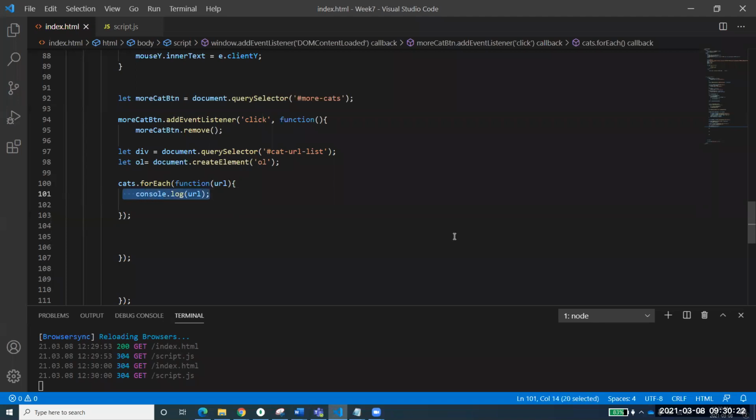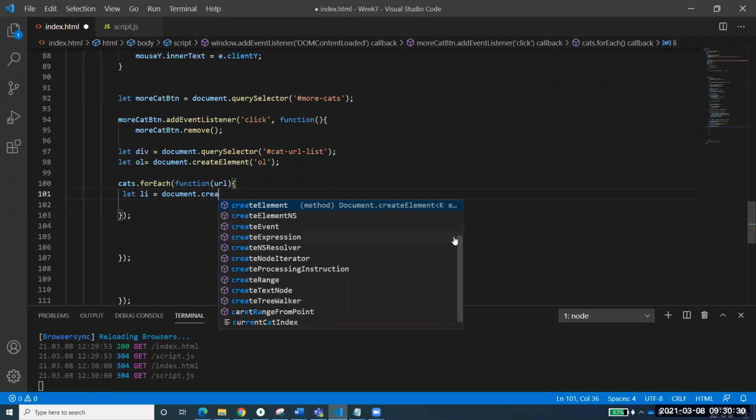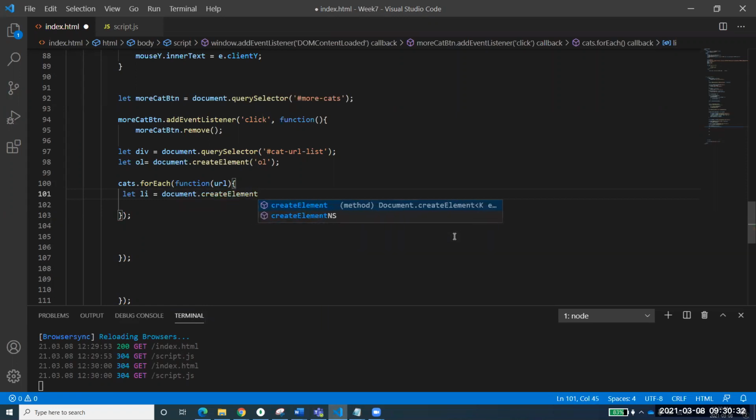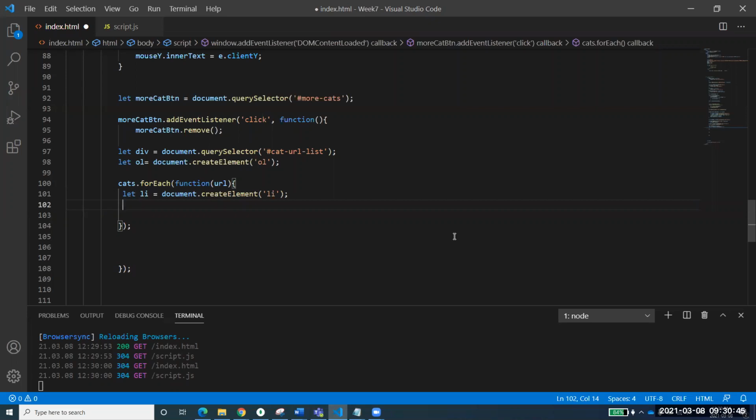So now what process do I want? For every URL, I want to create an li element. I want to create an li for every URL. So the first element, first li, second element, second li, third element, third li.